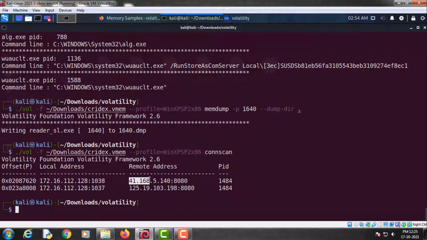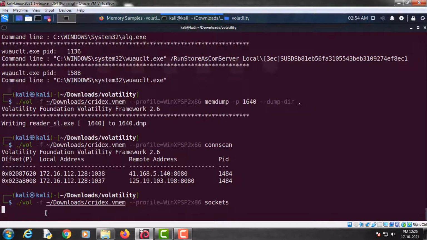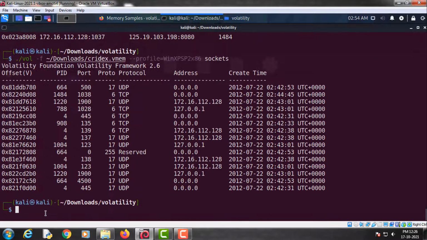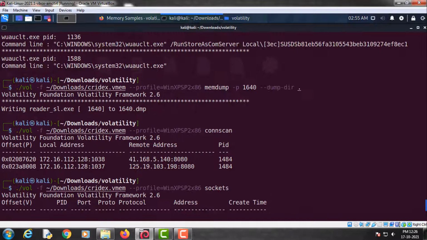This one, 41.168.5.140.88. You can use another plugin which is called sockets. So as you can see, this 1484 is using a TCP connection. Now